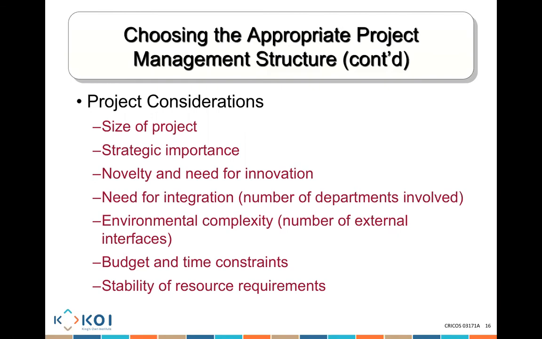How stable are my resource requirements? If the resource requirements are stable, then you could potentially go for a dedicated project team and you know exactly what you need. If they're not stable, then maybe you're better off sticking to a functional organization or even a matrix organization, because then, if you need to have more people working for you in your project at any point in time, you have the option to source all of those other people who are currently working in that specific functional area to get that job done.